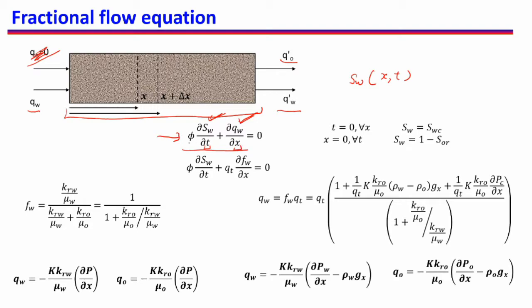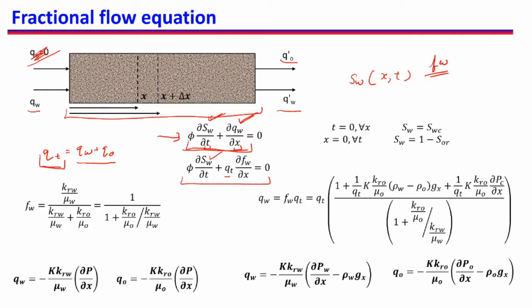So we modified this mass balance equation to this equation where we have Sw as the independent variable. Qt is the total flux of the fluids, which is Qt equal to Qw plus Qo, and we said that Qt will remain constant. Now Qw, which is the flow of water, can be written in terms of Qt and Fw, where the fractional flow of water Fw we defined for two cases.